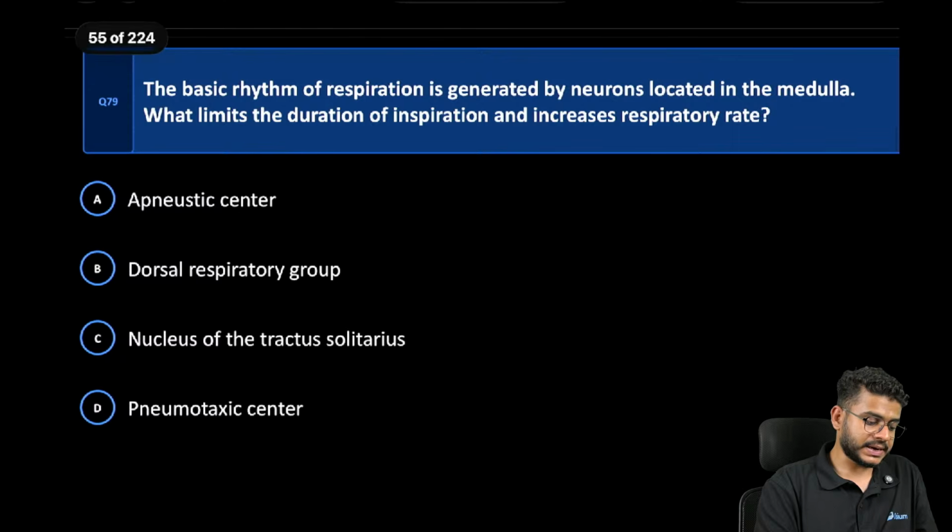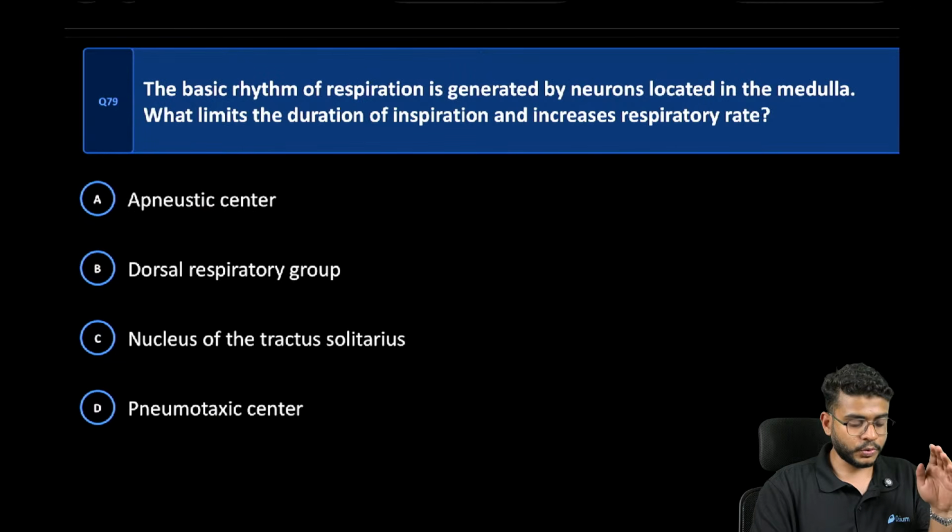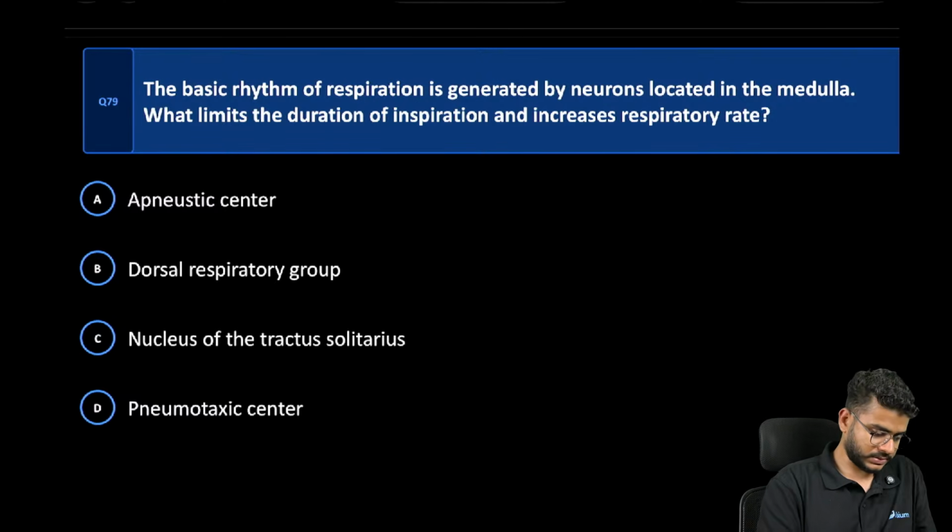The basic rhythm of respiration is generated by neurons located in the medulla. Okay, what limits the duration of the inspiration? Okay, so who stops the inspiration? Just as we told, inspiration is stopped by the pneumotaxic center and also by vagal stimulation. So in the options, pneumotaxic